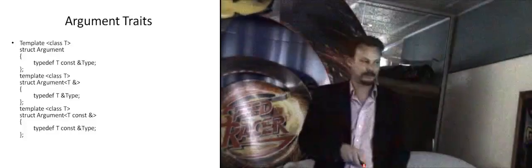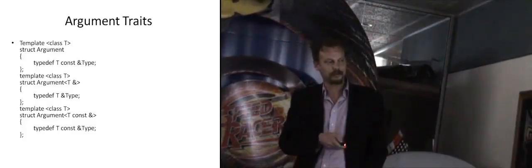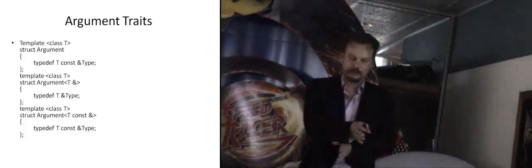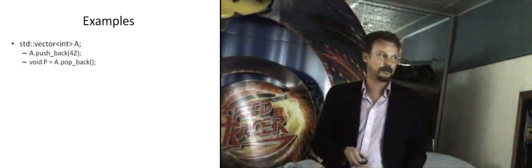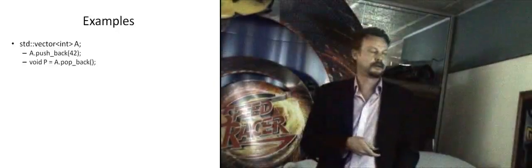I won't go into more detail on where, how, or why, but this and type traits together, pattern matching types and specializing on types, along with type traits to switch through where to go at each branching, are the two mechanisms that are used. An example of containers, you can add ints to them, and I wanted to make the case here that you can't do that with void because you can't make instances of type void.